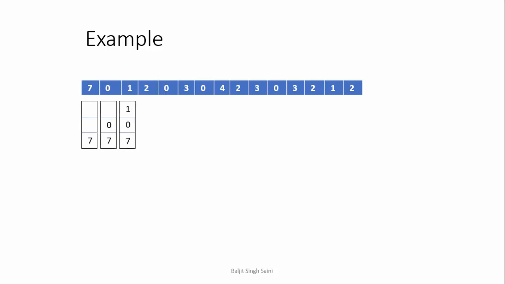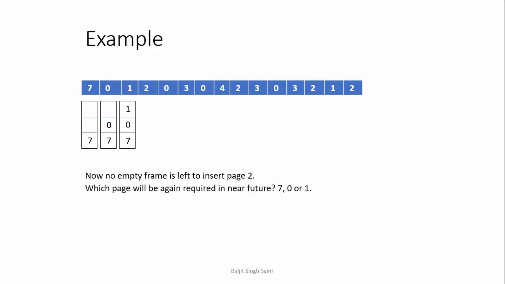Now for 2, अब आपने ये देखना है कि 1, 0 और 7 में से मैं फ्यूचर में कौन सा सबसे बाद में यूज़ करूँगा। सो फ्यूचर में देखो कि जस्ट नेक्स्ट मैं कौन सा यूज़ करने वाला हूँ इन तीनों में से 1, 0 और 7। So in the future the first page that we will be using is 0, तो 0 को रिप्लेस नहीं करना है। Then